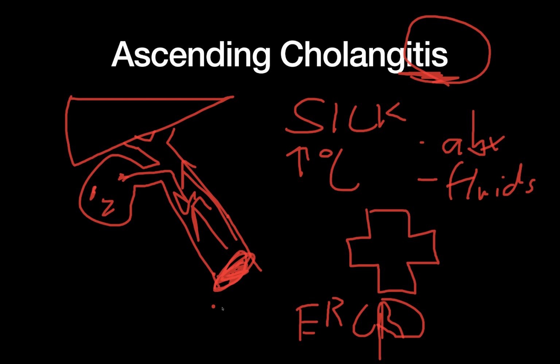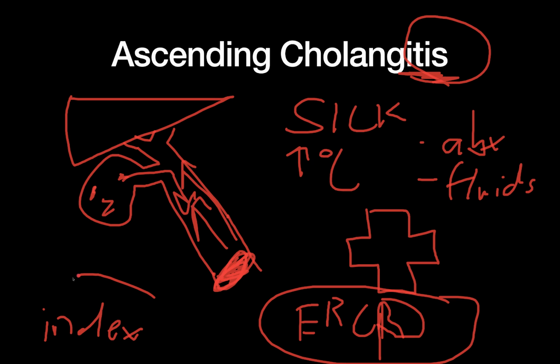I guess there's a little bit of nuance in that if you don't have GI or can't do ERCP, sometimes IR can do drainage from above, but the general answer is going to be ERCP for these patients. Once the stone is cleared, that infection should begin to resolve. Depending on how sick they are and how early this is caught, usually they'll recover well, and then they should also get an index gallbladder removal or cholecystectomy before they leave the hospital, because this infection makes people really sick. They can die from this. You don't want this to recur,